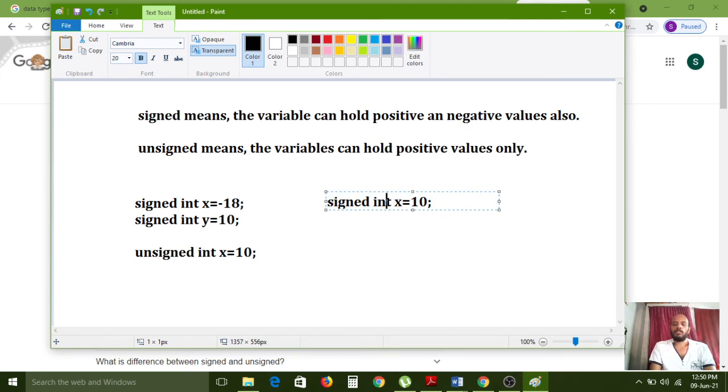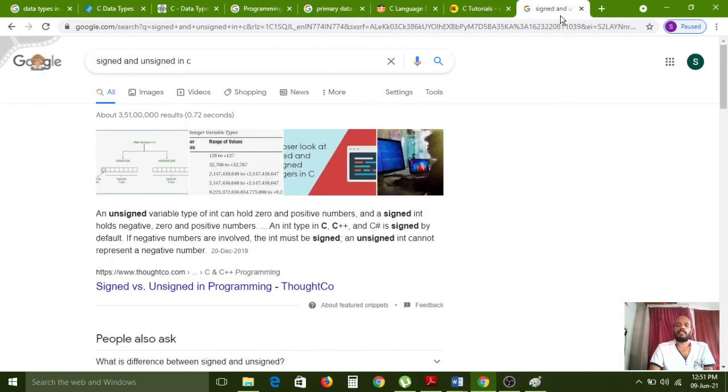If you want to use unsigned, then you have to explicitly pass the unsigned keyword. If you haven't passed anything, the compiler will automatically assign this keyword. That responsibility is taken by the C compiler at compilation time. Syntactically, by default it can assign.